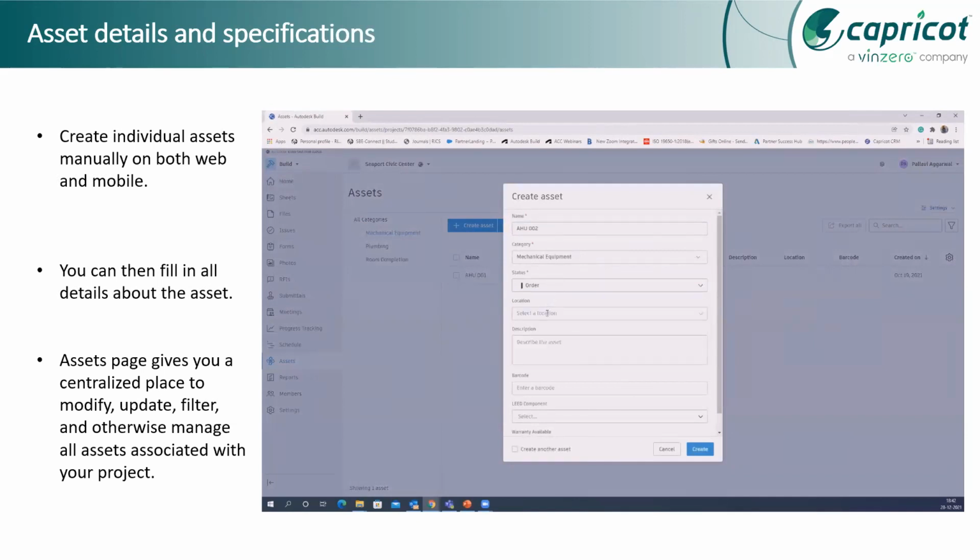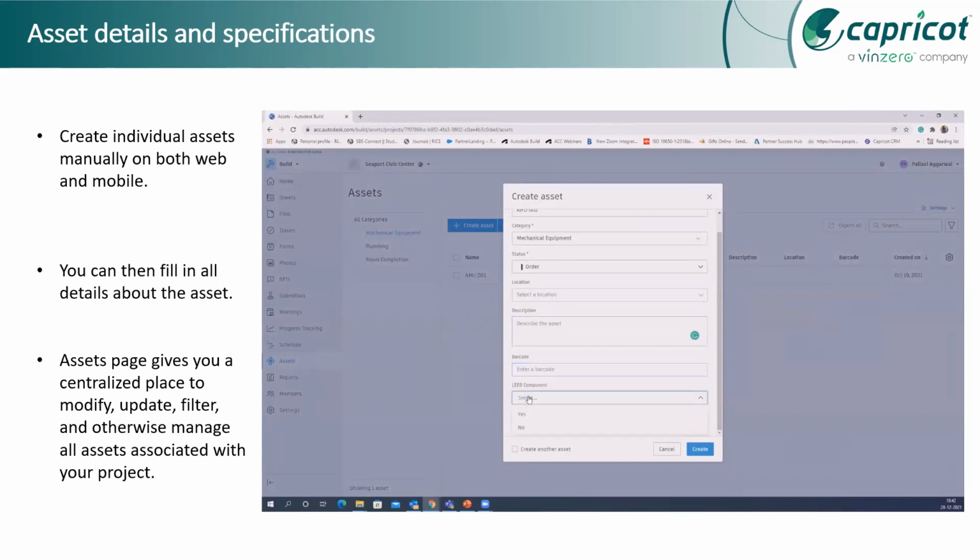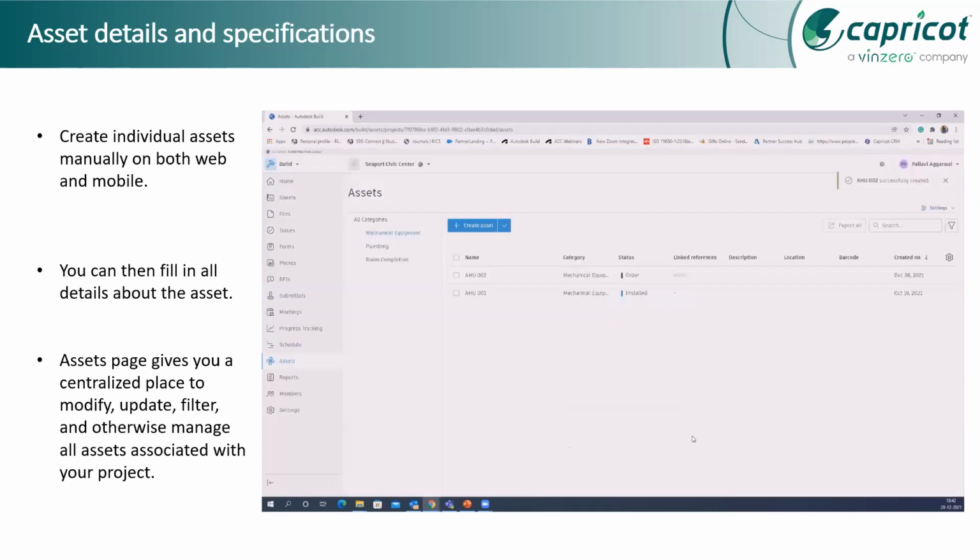Equipment today has barcodes which you can use to monitor it, so you can add that barcode too. That can be used from the site: a person at the site can scan the barcode and know the details of any equipment.